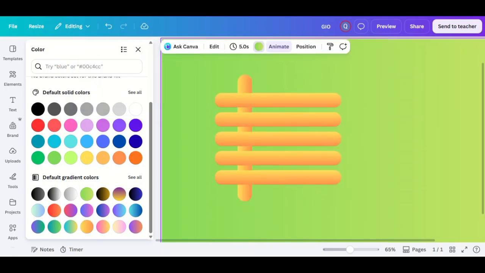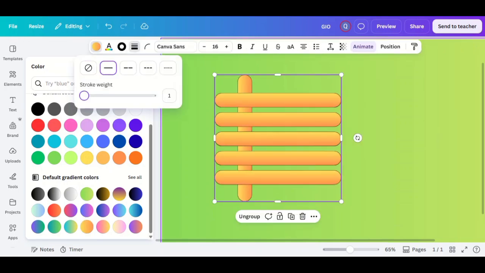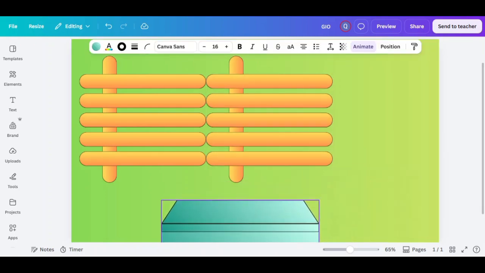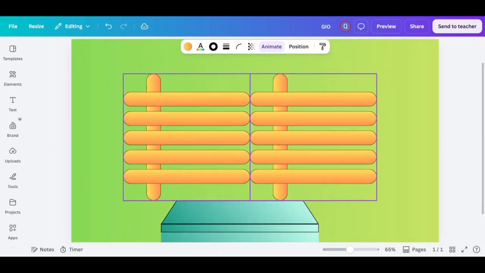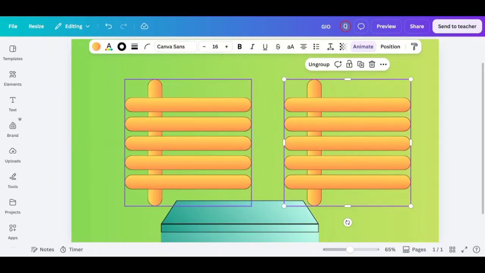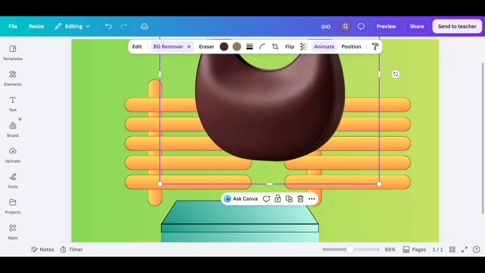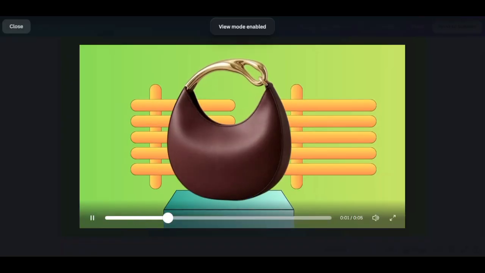Resize the shapes, adjust their transparency, and layer them carefully to create subtle depth. Upload your product image and position it above the background shapes so it immediately becomes the focal point. Add a bold headline, product description, pricing, and a strong call to